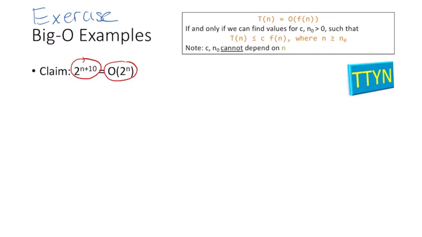2 to the n plus 10 is big O of 2 to the n. That's like saying 2 to the n plus 10 is less than or equal to some constant times 2 to the n for all values of n greater than or equal to n naught, looking for values of n naught and C. Okay, well, do you remember your algebra a little bit? There's nothing tricky about this unless you forgot